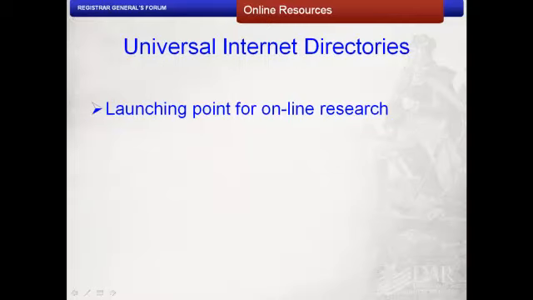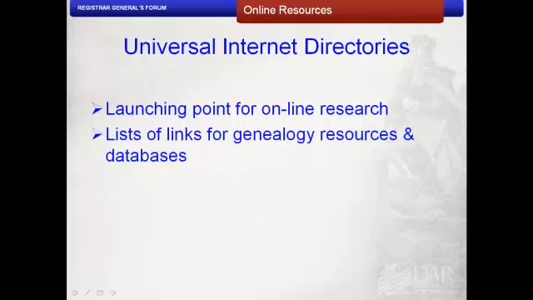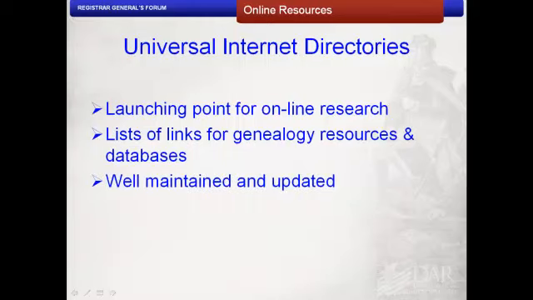These universal master directories for genealogy sources provide easy access to genealogy sources on the World Wide Web and are a great place to begin your online research. These directories are basically long lists of links to genealogy websites that include resources and records. They are arranged in ways for easy use and access. The most popular directories are well maintained and monitored and are updated frequently. They offer one strategy for accessing genealogy information. Experiment with different directories and start clicking.